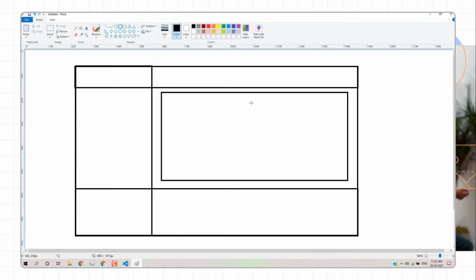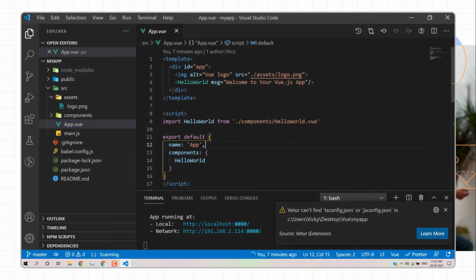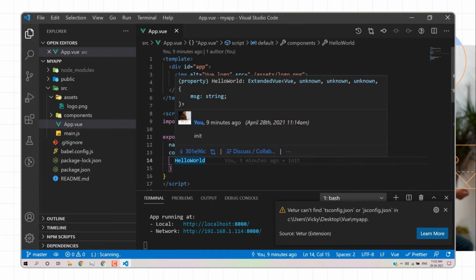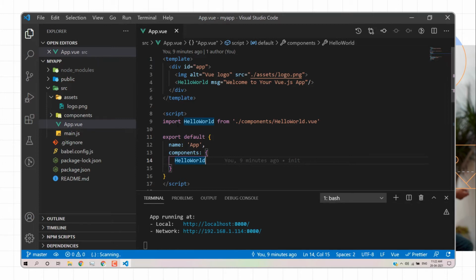Basically, how can we create a component in Vue.js? If we are working in Vue.js, first we need to create a component. We need to create a file and use an extension for creating a component. The extension is .vue. Each Vue component has three things: first the HTML code, second your JavaScript code, and third your CSS code. So how can we write our HTML logic? If you want to create a component, I will remove this entire part. Okay, it will be easy for us.